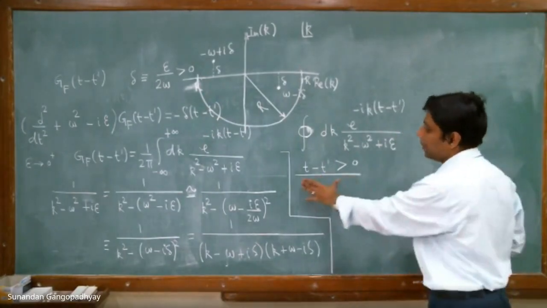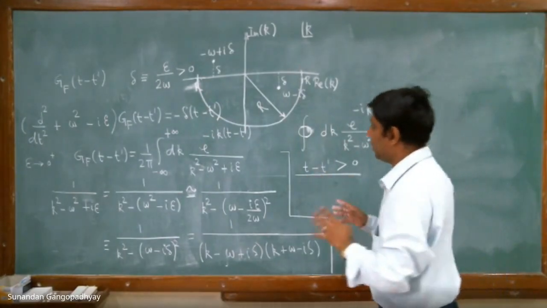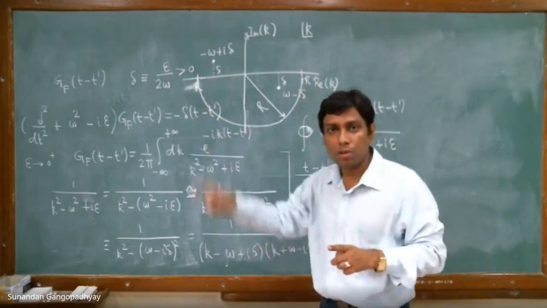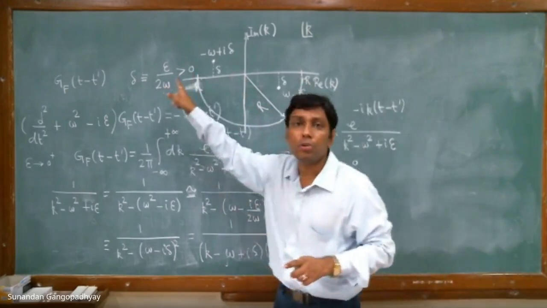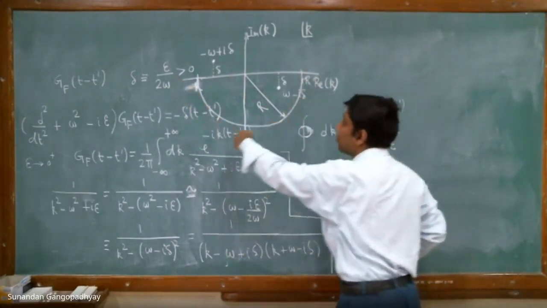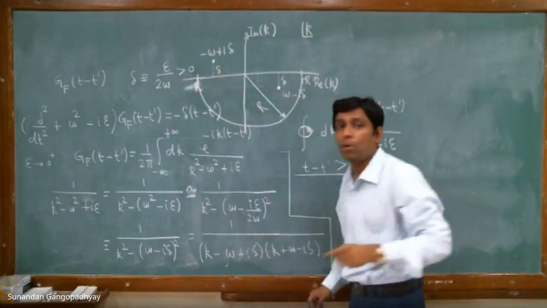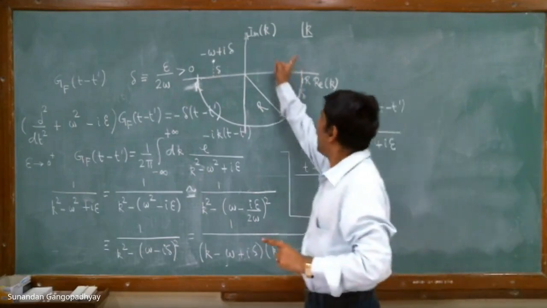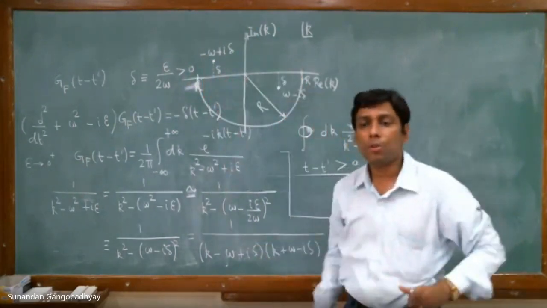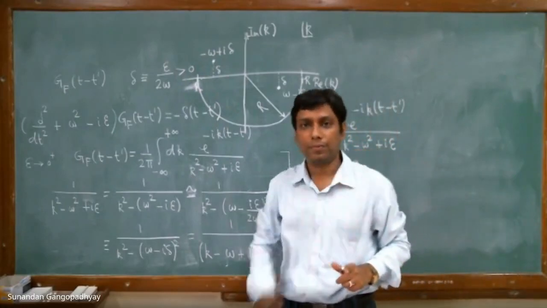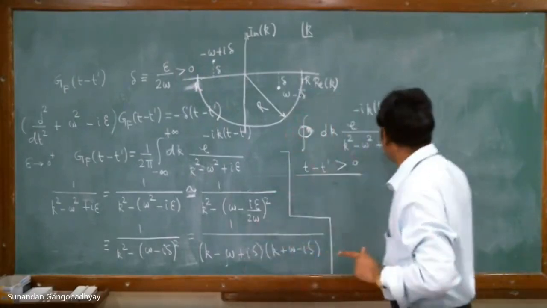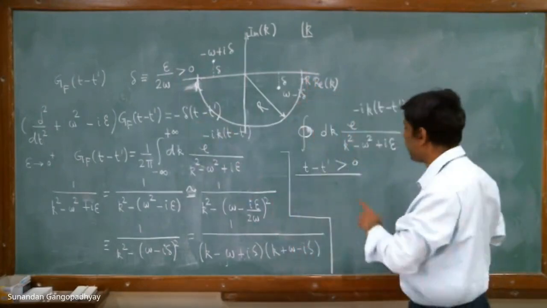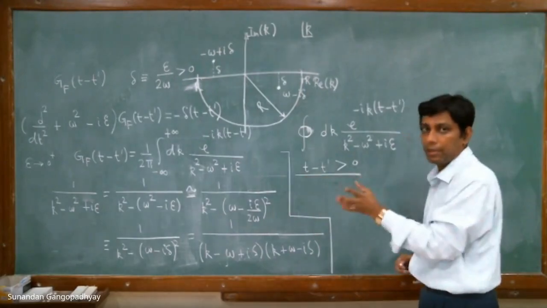So for that, when this is greater than 0, in the philosophy of contour integral, when you close it, it's a closed contour integral, this contribution should go to 0. And the contribution from this arc can go to 0 only if you close the contour in the lower half plane. Had you closed it in the upper half plane, then the contribution from the arc would not be 0. Right? So this contribution from the arc will be 0 only if you close the contour in the lower half plane for this particular case. And I have given you the argument for that.